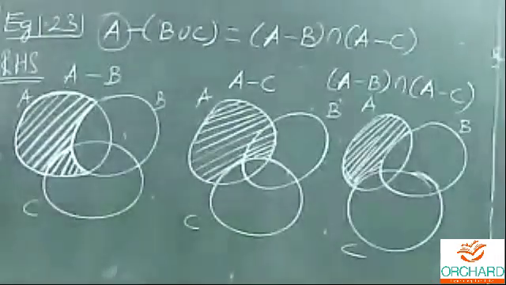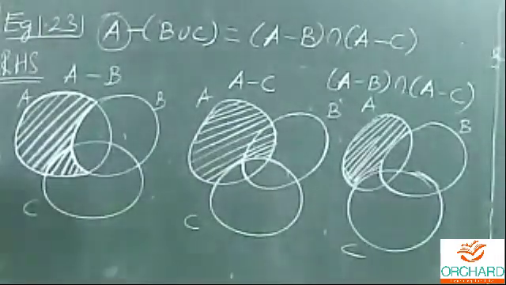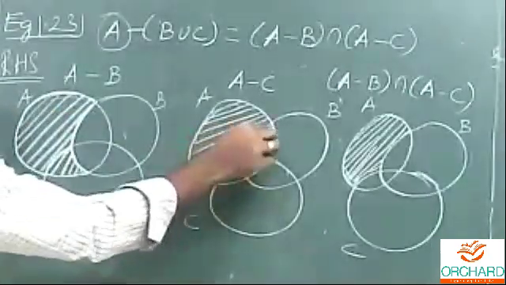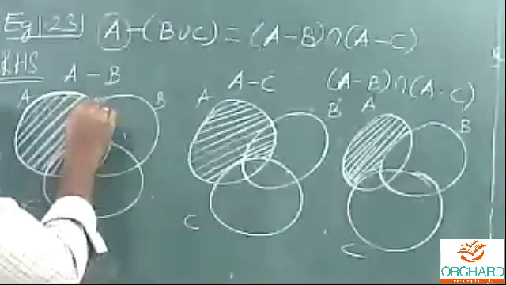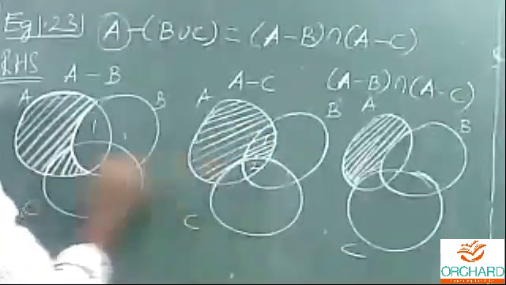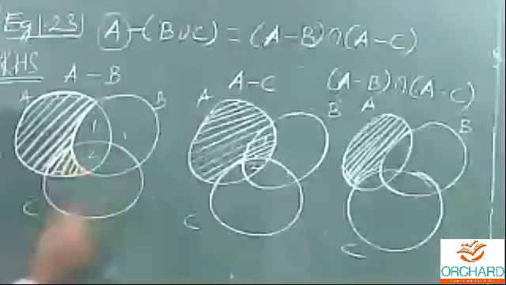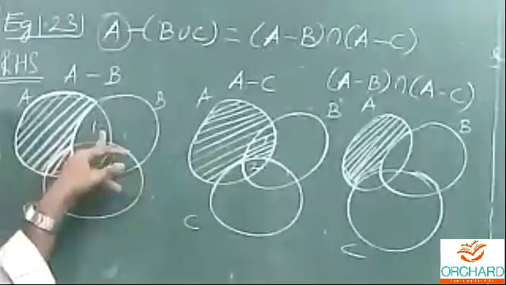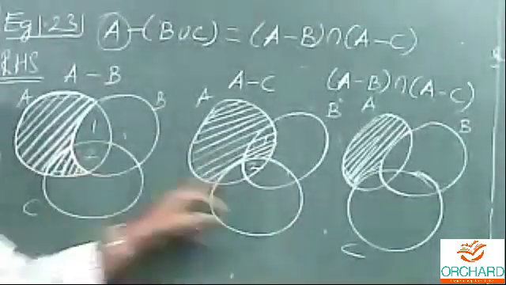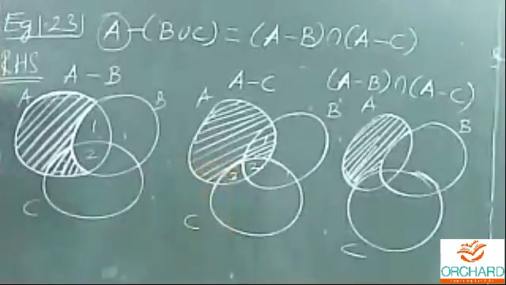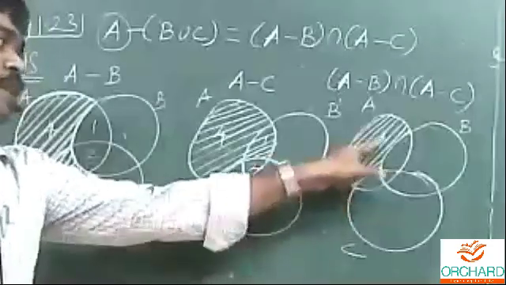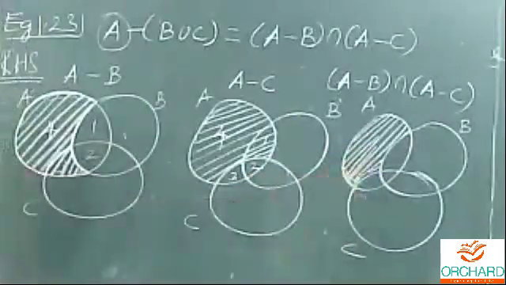Now we can compare equation number 1 and 2, whether both are the same or not. Listen carefully. This is part of A and this is also part of A. Here shaded, here not shaded. That's why this portion is not common. This part, I'll call it 1, this is 1, this is 2, this is 2, and this is 3. 1 shaded, 1 shaded, 2 not shaded, 3 shaded, 3 not shaded. Then this is 4. 4 is fully shaded, that's why I shade the fourth. This is the fourth part. Now you can easily understand.